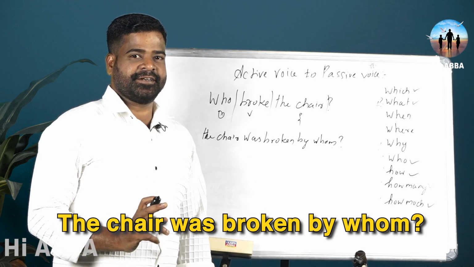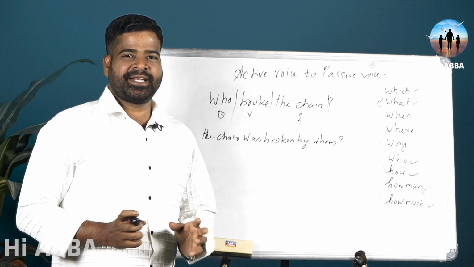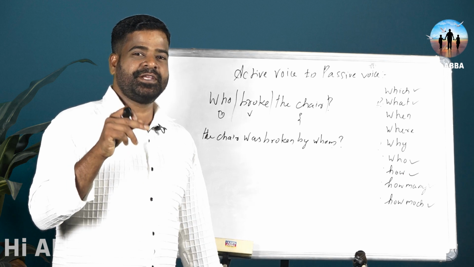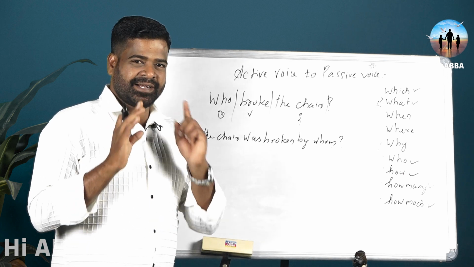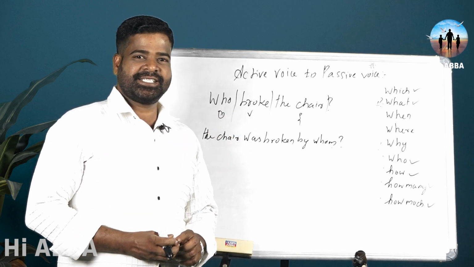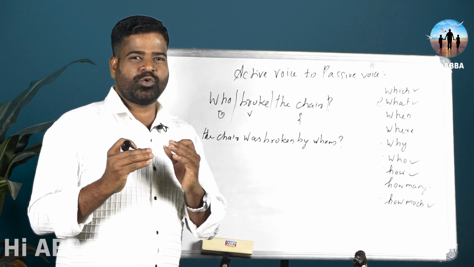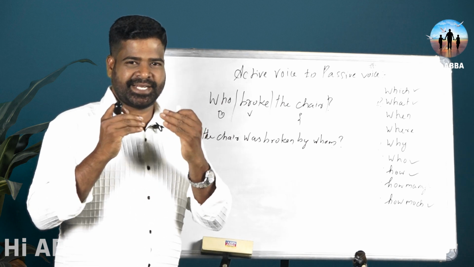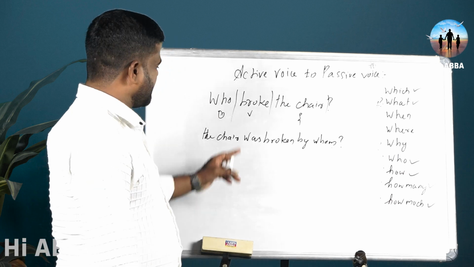So please understand. I am giving you all the possibilities, all the nuances in WH questions: how WH questions can be written, how they can be understood, how they become an object in a sentence, and how they remain as a WH question itself. There are so many nuances in it. If you understand each of them, you will be able to communicate effectively. So please understand this one.